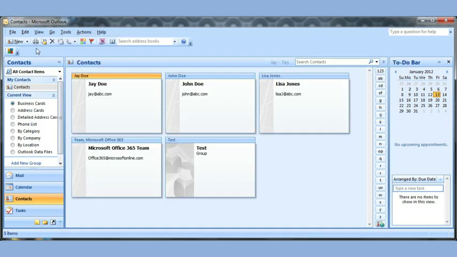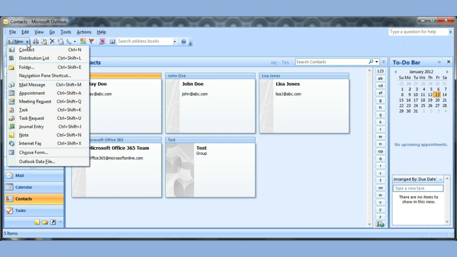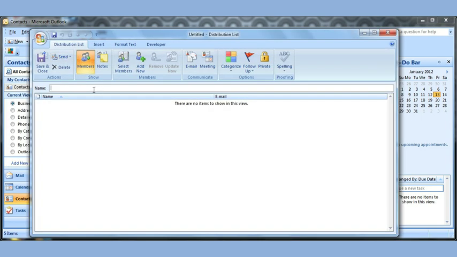You can also create distribution lists, which is groups. You have this group of 5-10 people that you send email to all the time. You can create a group. So you just click on the drop down button next to the word new, choose distribution list, type a name. Say for example up here I'll just type test 1. I already have a group called test, and now I just have to hit select members,